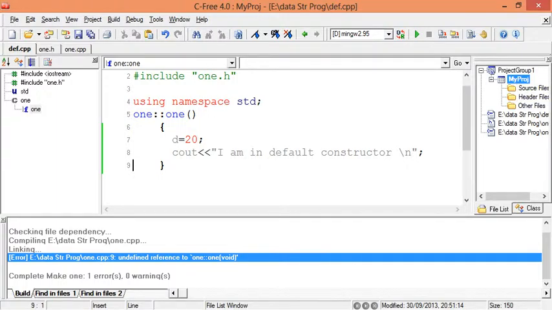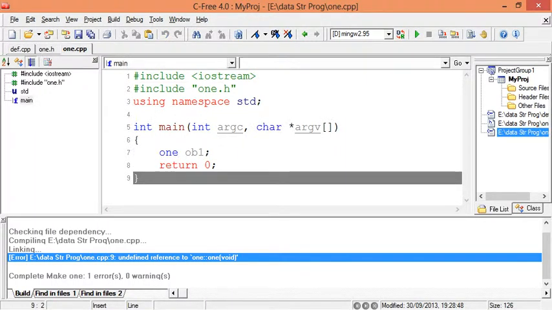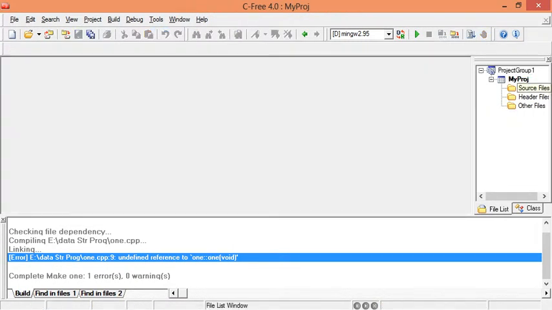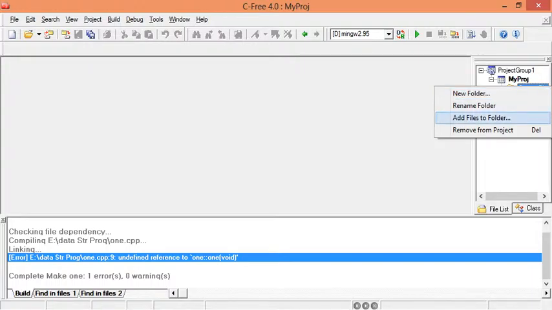If you have another compiler like Microsoft Visual Studio 2008 or 2010 or something else, there you have a different way. Here in C Free we have this way. So in this source file I need these files. Let me close these files first. I'm closing all the files, and here in the source file I add the two files, add files to the folder,